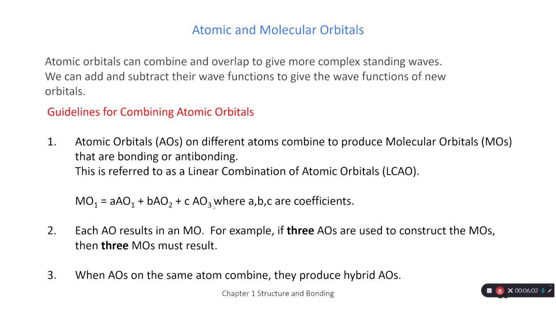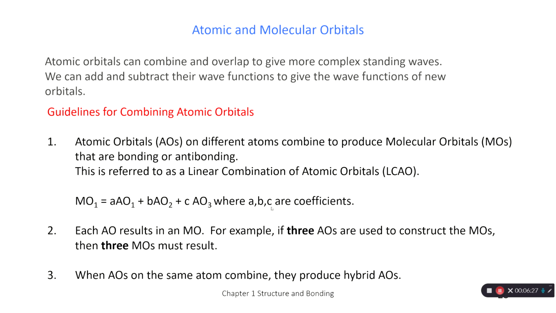Another important guideline is that each atomic orbital results in a molecular orbital. So for example, in this case, if I combine 3 atomic orbitals, then really I should get 3 molecular orbitals that are resulting from that combination. So not just one, but an MO1 and an MO2 and an MO3 coming out of the combination of 3